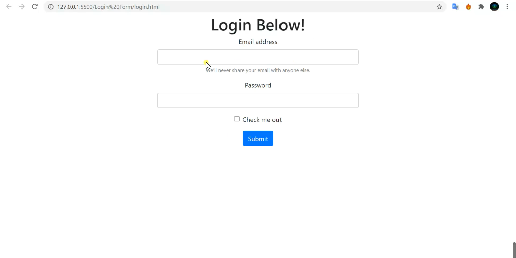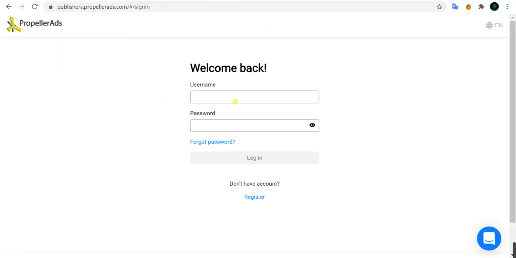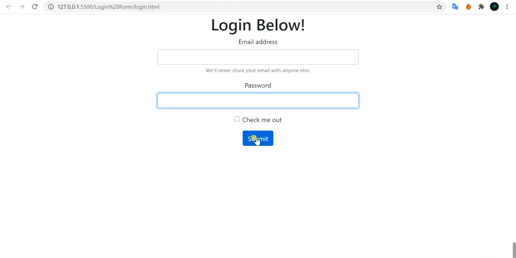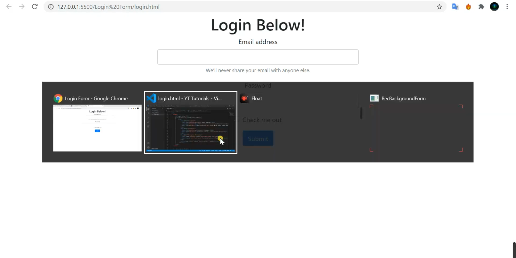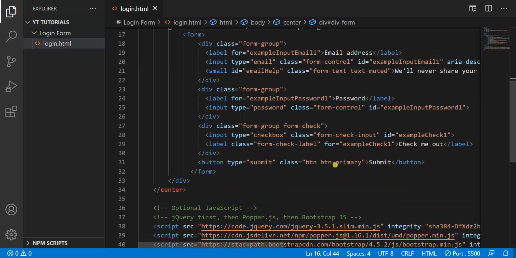So we have a good interface here at 500 pixels like this, and now we have to change the submit button width also to 500 pixels. Now change the submit button width to, let's say inline.